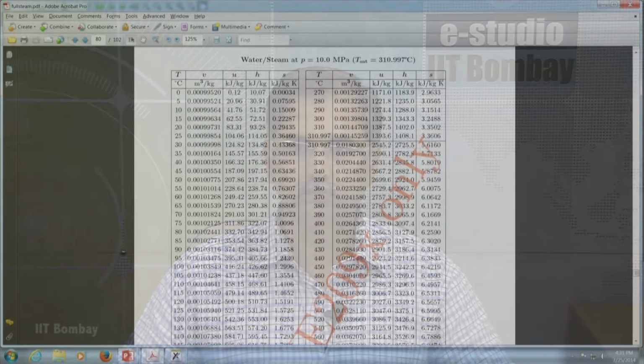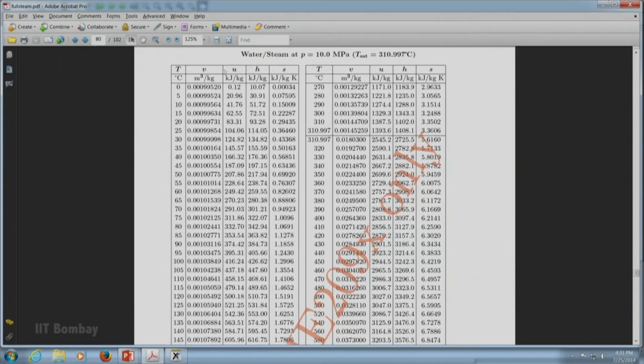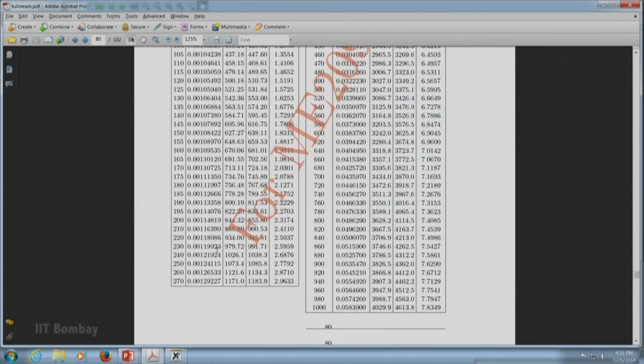Now, once I know that we are in the subcooled region, I know that I have to refer to table 3, and now I would like to go to table 3, look at the point of pressure and temperature and get the respective values at that particular point. So, now I will go to table 3, go to the value of 10 MPa and 250 degrees centigrade and get the corresponding values. So, can we go to table 3 now? So, here we are at table 3, 10 MPa, and we want to see the value at 250 degrees centigrade. So, if we come down, this is 250 degrees centigrade and these are the values for V, U, H and S respectively.